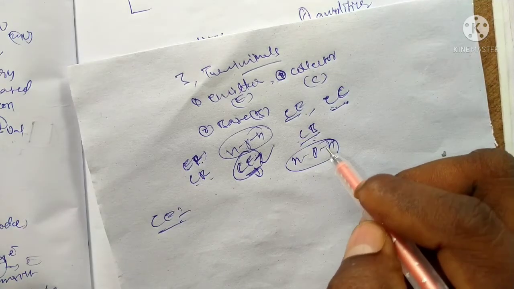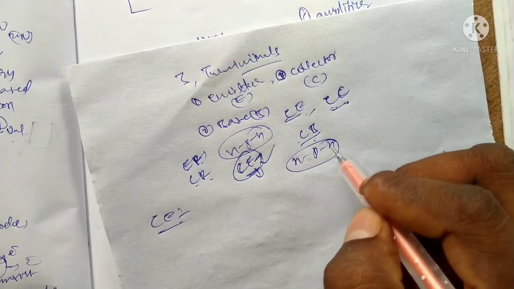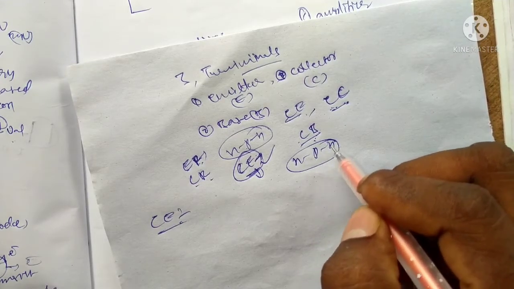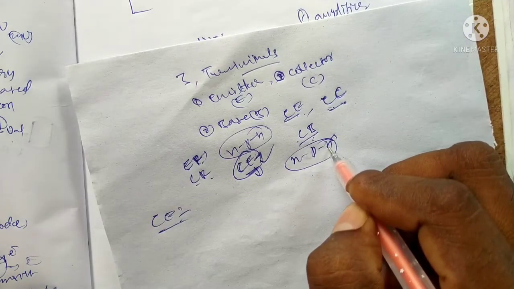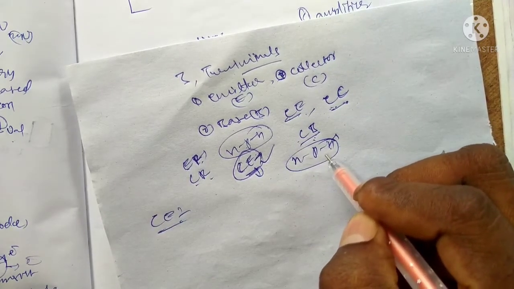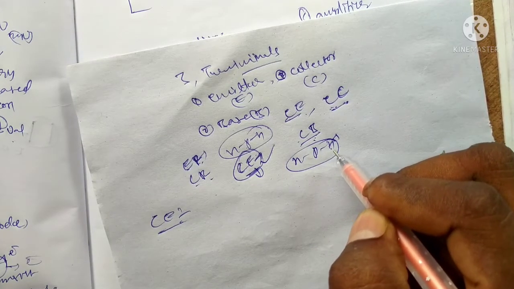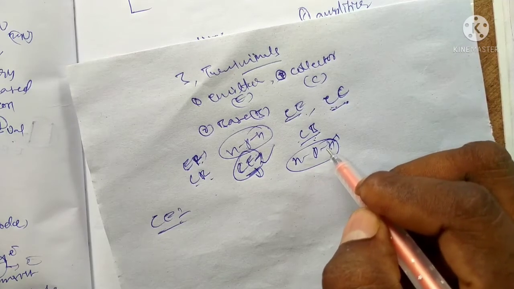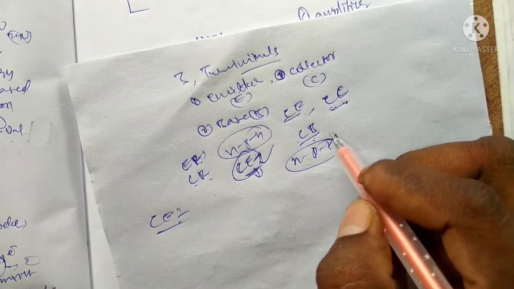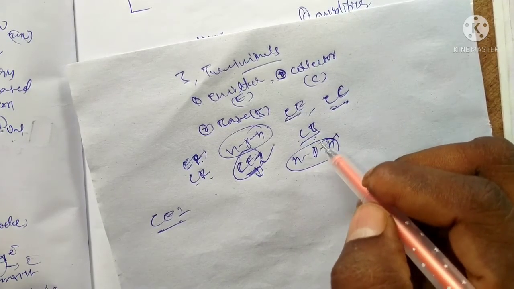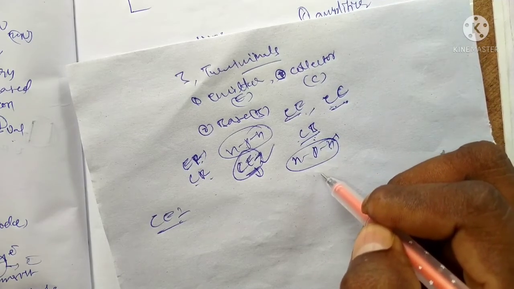In the case of NPN and PNP, NPN has more advantages, because the mobile charge carriers, that is electrons, are more in the NPN transistor, because majority charge carriers are more in the NPN. N means the number of electrons, the majority charge carriers in the N type material. The mobile charge carriers exhibit high current and high conductivity, so it is more useful compared to the PNP transistor.